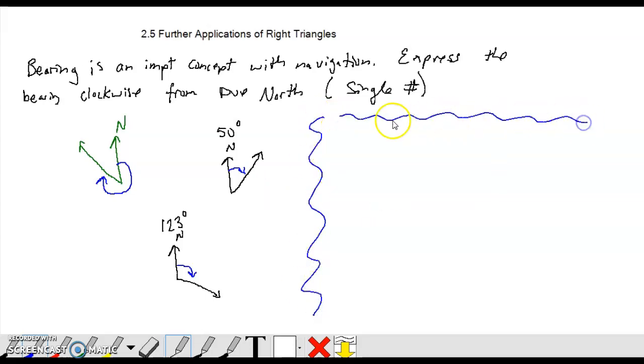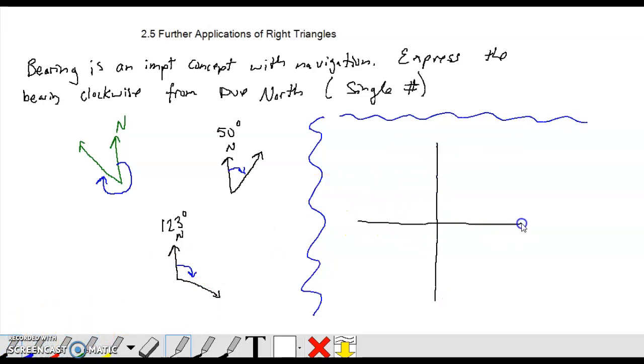So we can talk about it not necessarily as a single number. We can talk about it as two directions. You might have heard the expression like north by northwest, or south by southeast. So when I think of my chart,